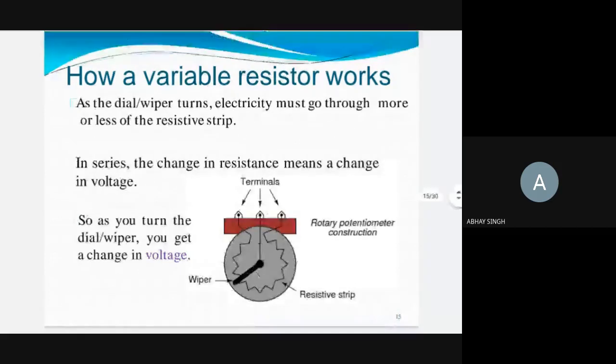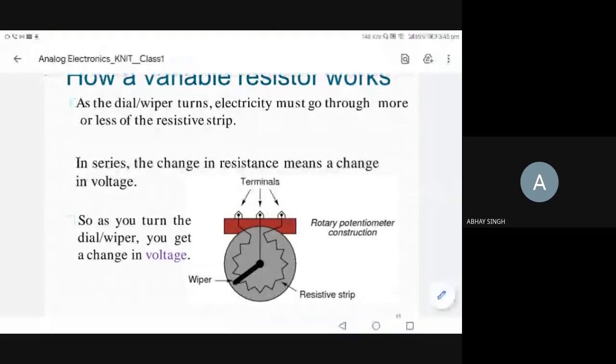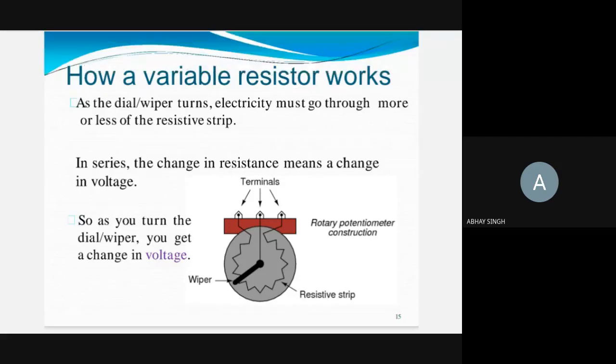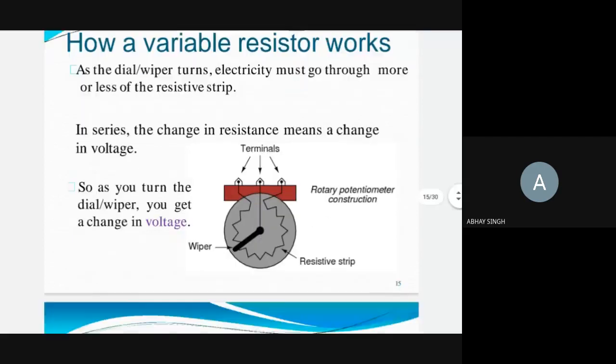So basically you have 3 terminals, and we have a variable terminal which you can turn with the knob. While turning the knob, we will get different resistance across the terminals. If I apply a voltage across the outer two terminals, V plus across the first terminal and V minus or ground across the last terminal, as I vary the wiper, I can get different voltages across my middle terminal, right? So this is called variable voltage using variable resistance.